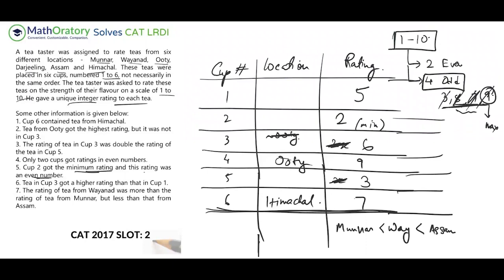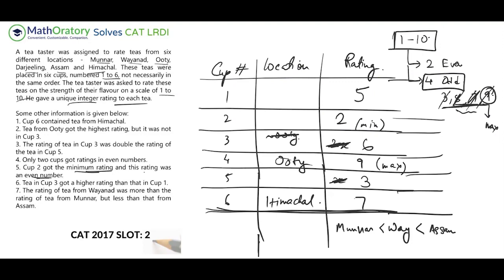And the problem is I cannot even fill up the remaining 4 because there is no information about Darjeeling anyhow, right? So Darjeeling is an unknown quantity that we have. Until I know the rating of Darjeeling, I cannot fill up these 3 because there are a few possibilities left out. So this number 3, rating 6, rating 2, rating 5. So these are unoccupied, isn't it? So there are a lot of ways this can be arranged with Darjeeling. And let me just point out this is maximum, just for reference point if I need it.